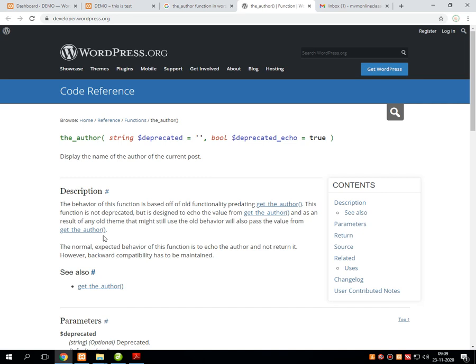The syntax of the_author contains two parameters where one is optional and one is compulsory. The compulsory parameter is the name of the author, and the second optional parameter, which if we don't pass, the function also works, is the location of the post.